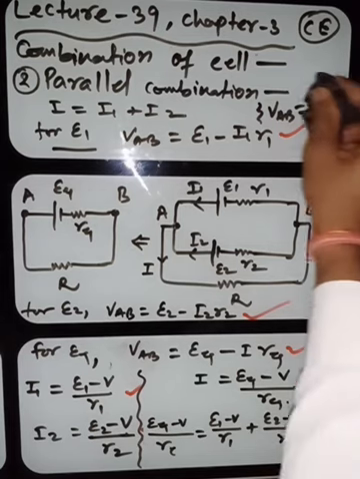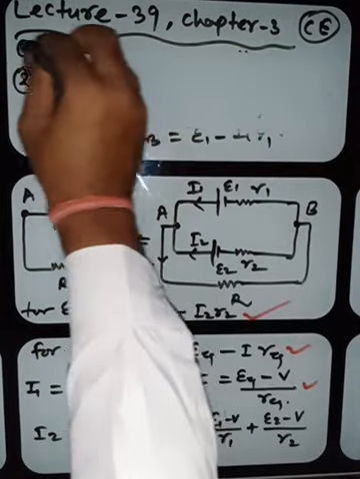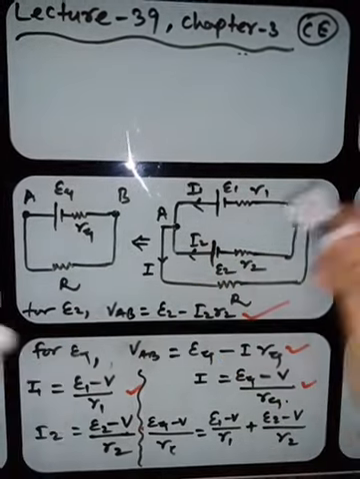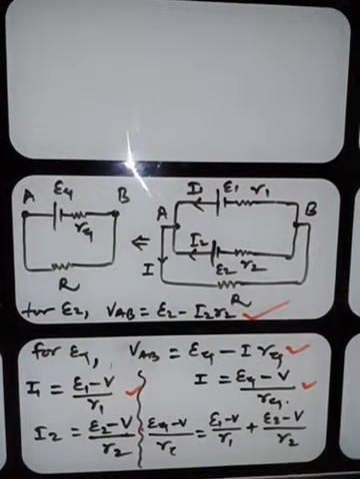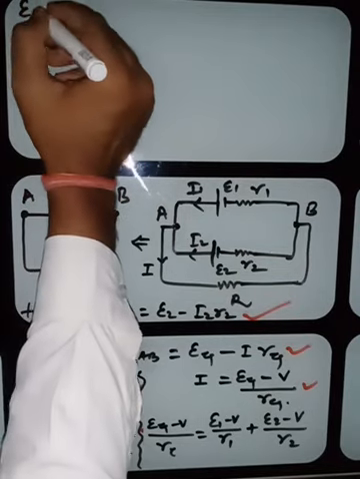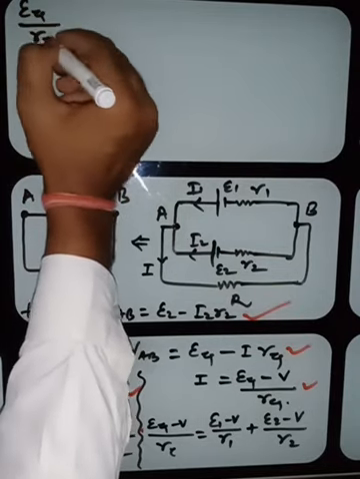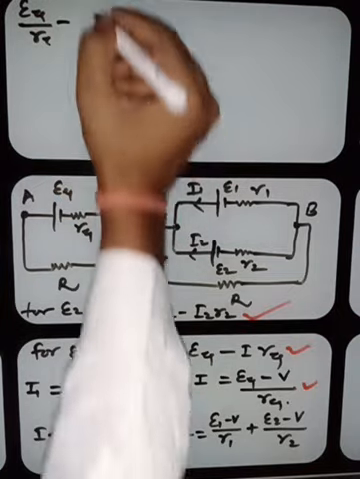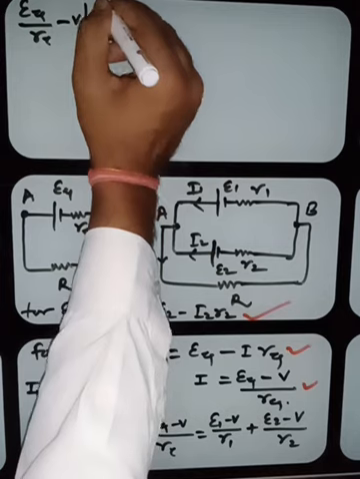Kindly note down, I am rubbing this. Okay. Let me rub this one also. Okay, now this can be written as E equivalent by R equivalent minus V by R equivalent, or V times 1 by R equivalent,